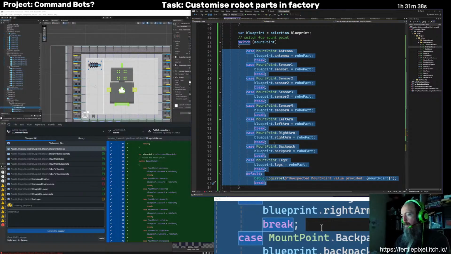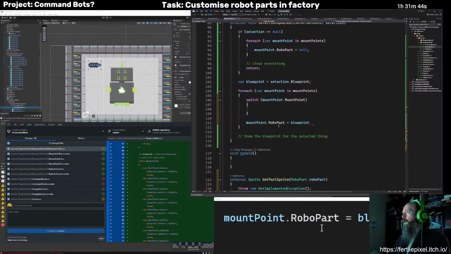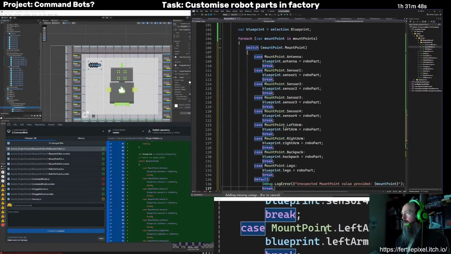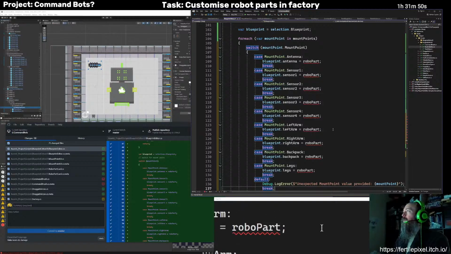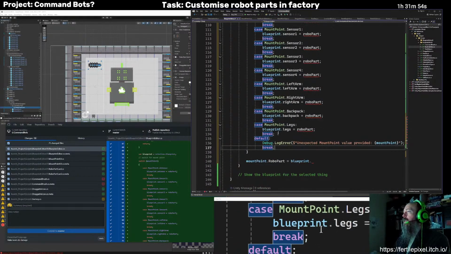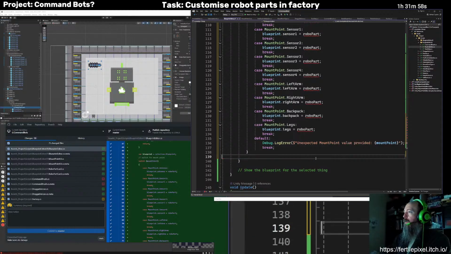So I'm just going to grab that and go back to wherever I was and put that in there. There we go. So that's got all the cases there, and I just want to do something different here.